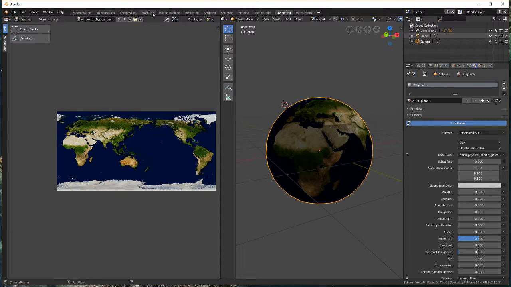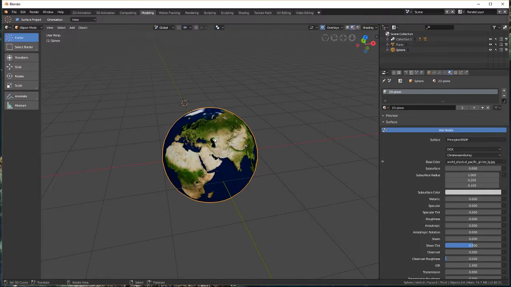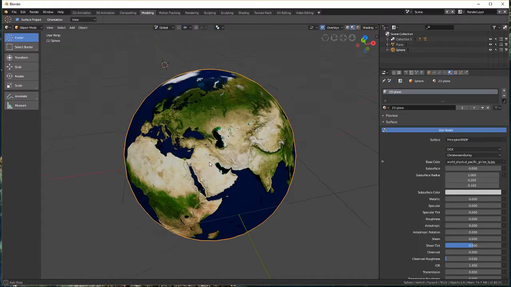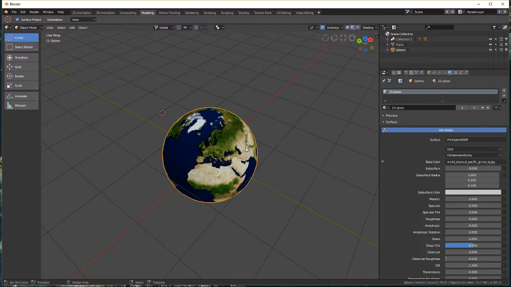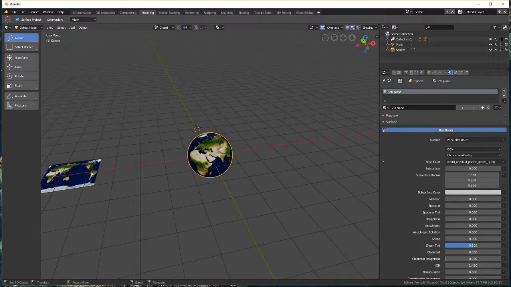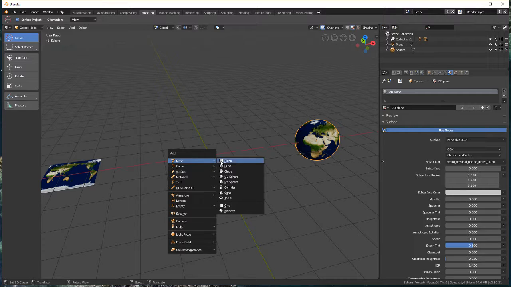So what we've got here, if we go back to our modeling room, is our plane and our sphere, and we've UV unwrapped them, and we've placed an image on the whole sphere, and in this case the whole plane. So let's take the sphere here and go G X and move it to the right. I'm going to go Shift S and go cursor to center, and then I'm going to add, Shift A, add